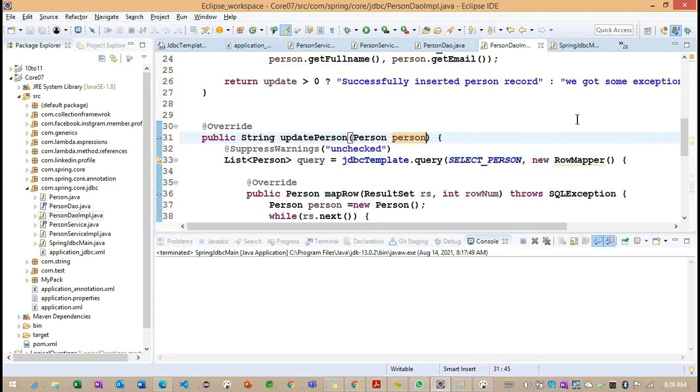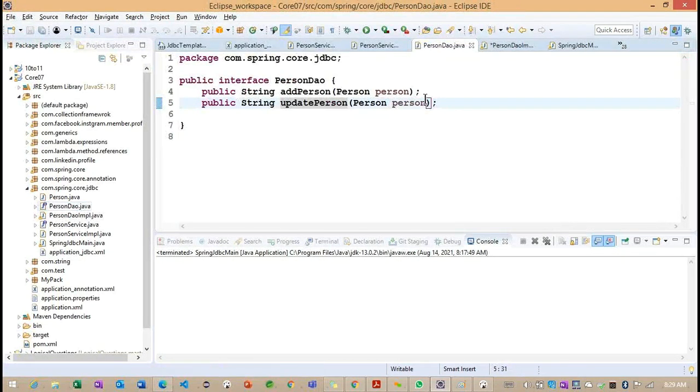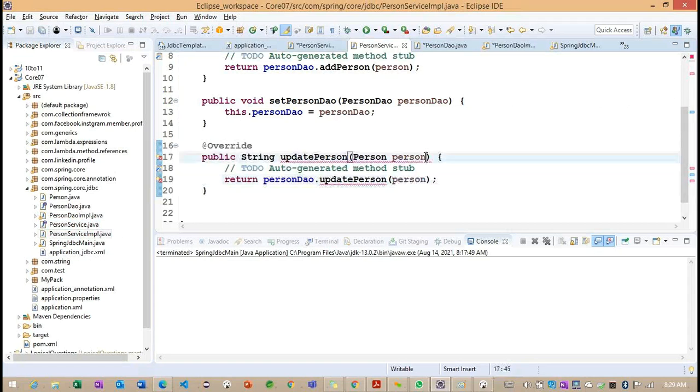But here, what I need to add here, I need to add one more long ID here. So let me change in all the cases. And here ID.